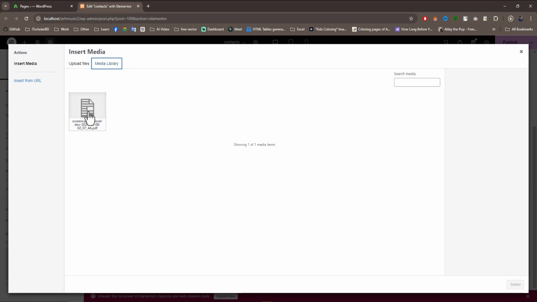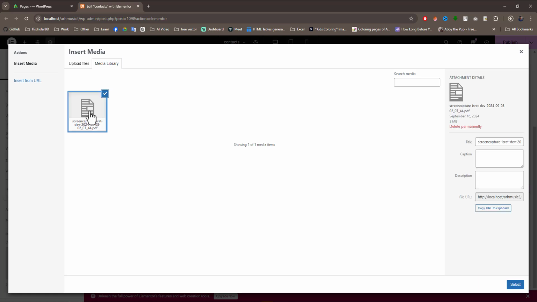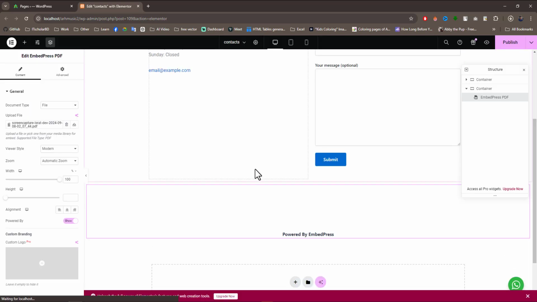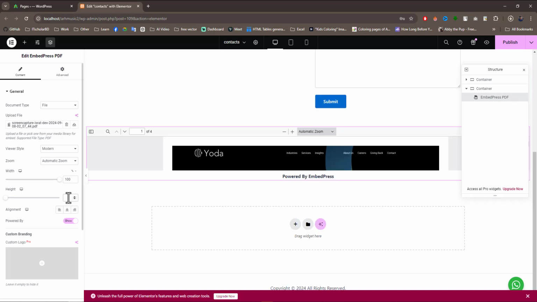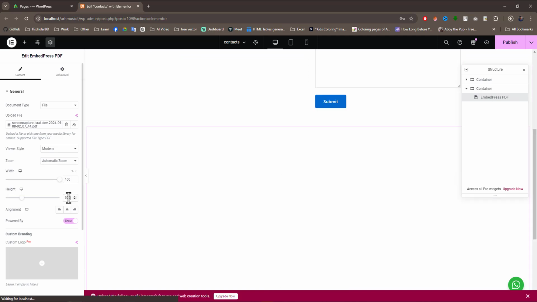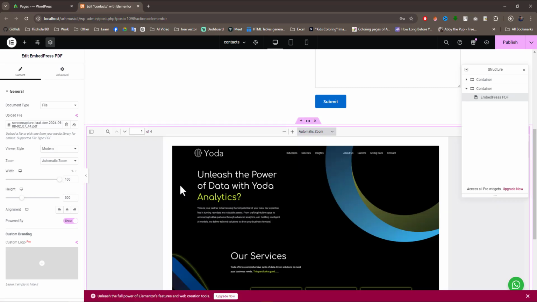Previously I uploaded this document, so I want to add this. Select it and simply some design I want to put here. Height is 600 pixels, and